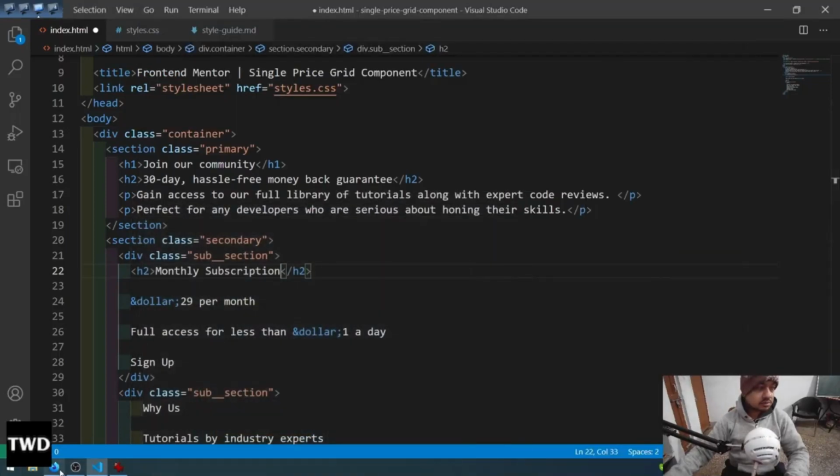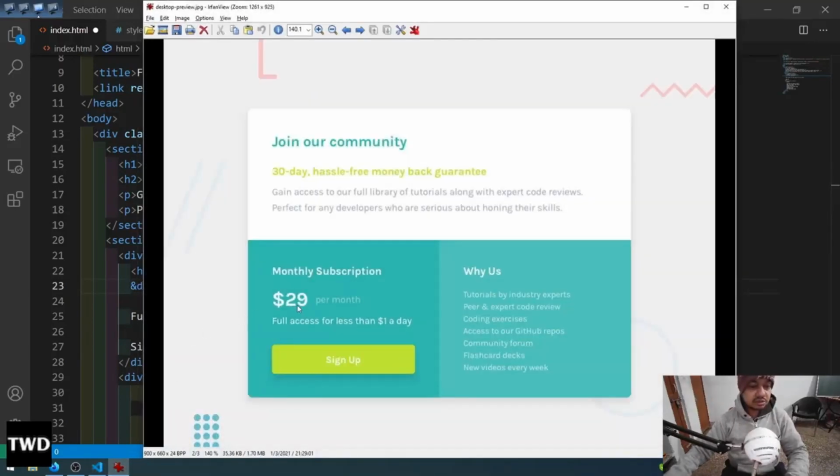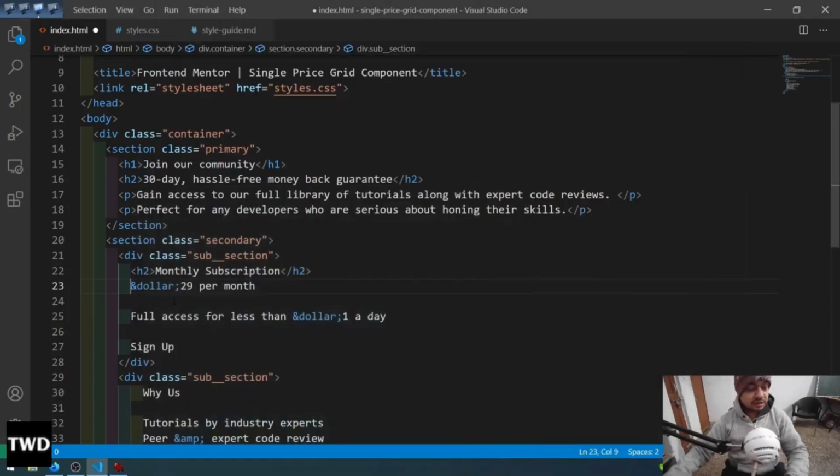Okay, and let me remove this space. See one thing, this dollar per month is different. This dollar is of different color and this per month is of different color, so we have to differentiate them. So for that, first we have to have a paragraph. Everything will be inside a paragraph,